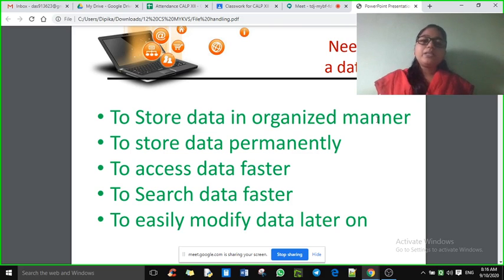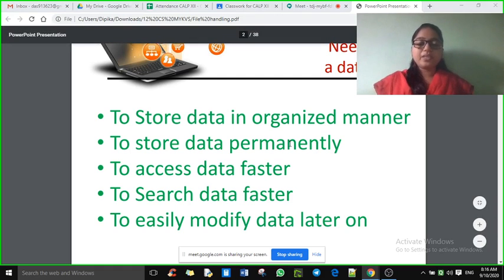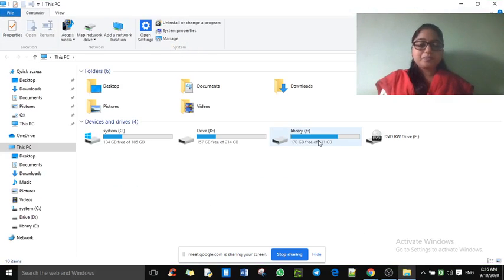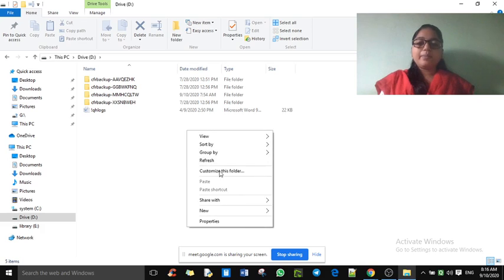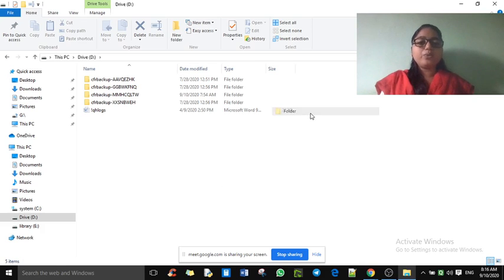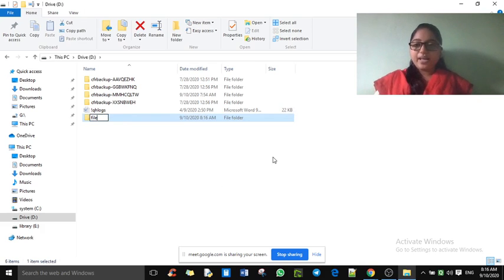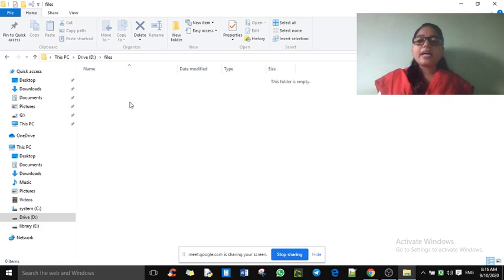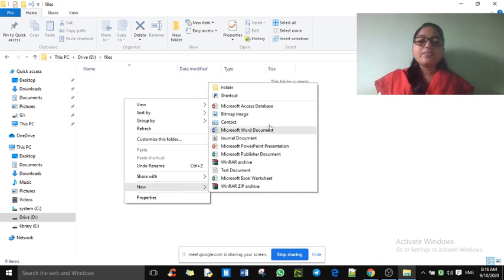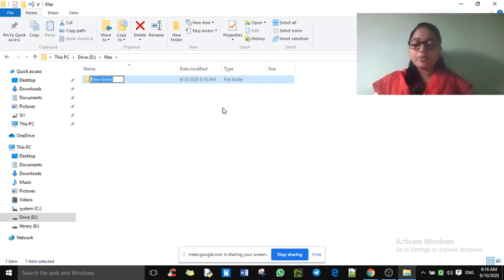Another example could be Windows Explorer. I am opening this. Say this is D drive, and now I am creating a new folder in this, say files, and in that I am storing another subfolder mentioning class 11.